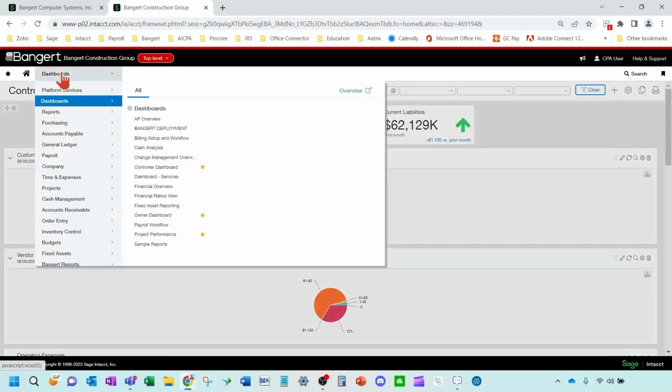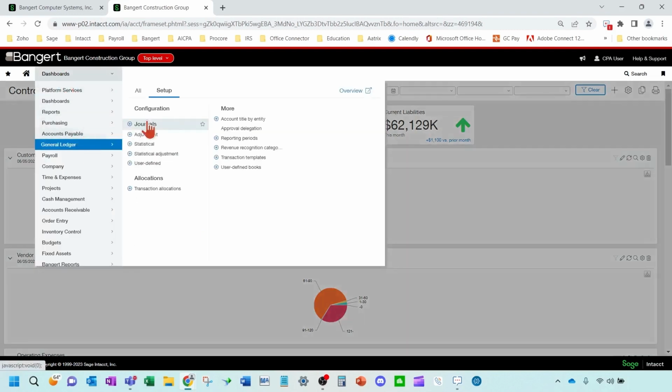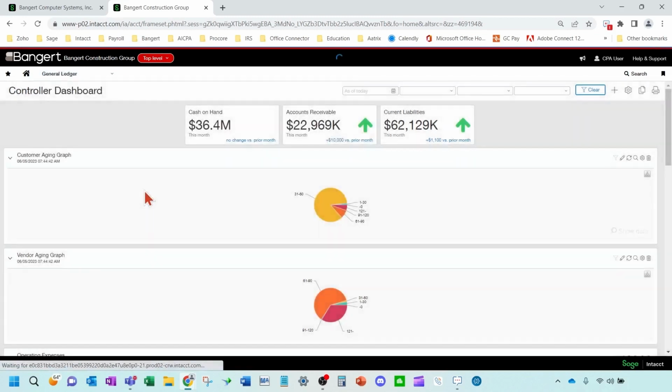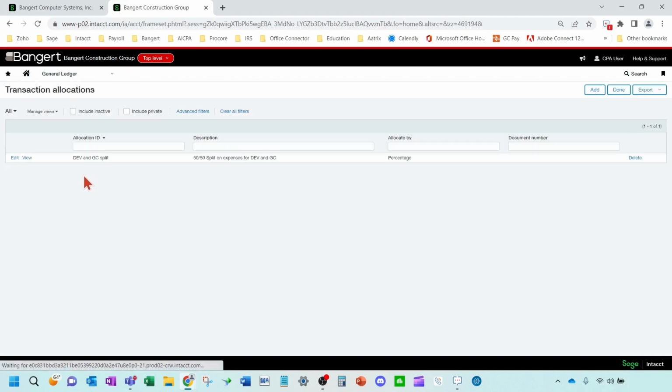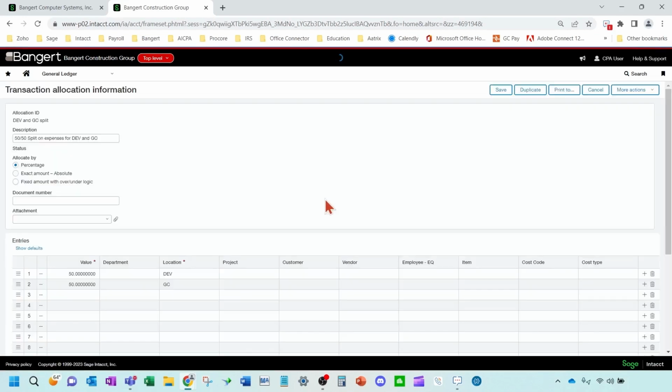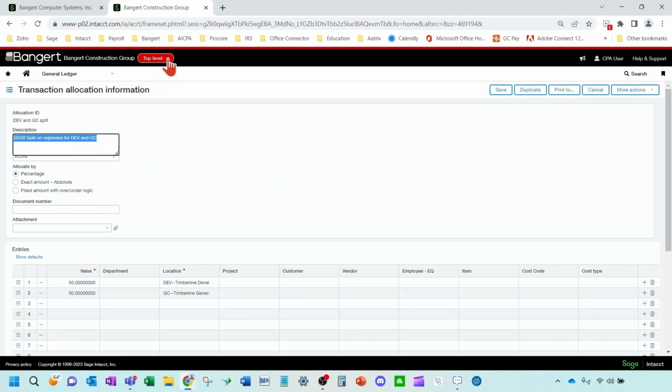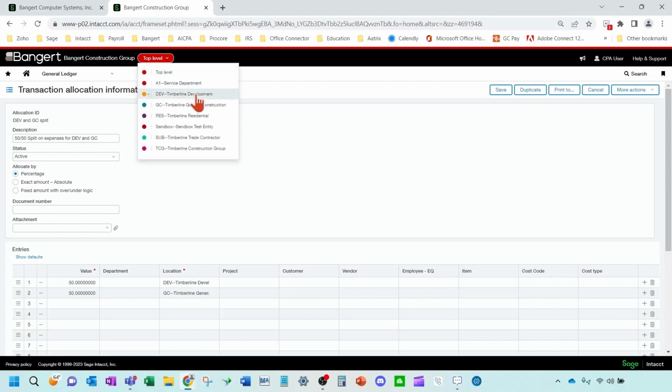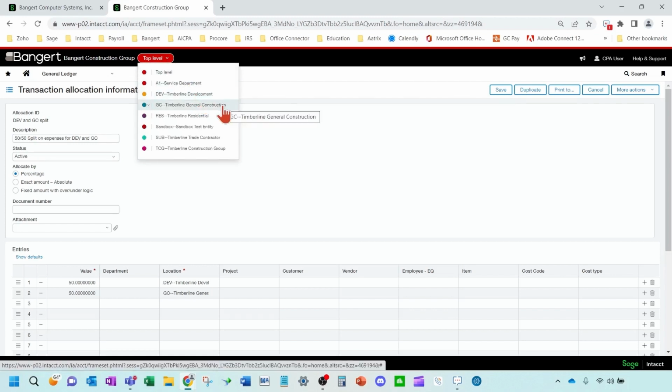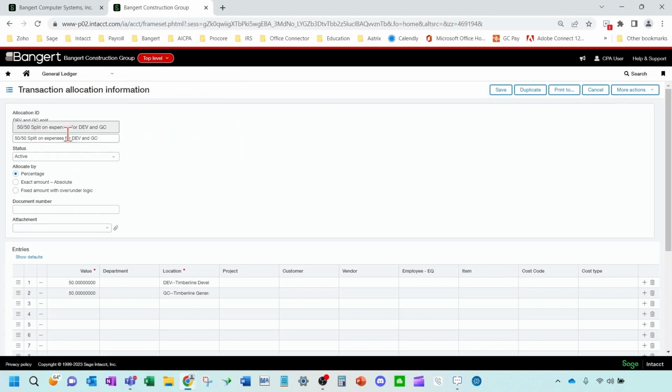Okay, so first we're going to navigate up here to General Ledger. We're going to go to Setup, Transaction Allocations. We're going to do a simple one here to start. There's one already pre-set up. This one is going to split expenses 50% between the development and the GC location or entity, okay? So this one here,